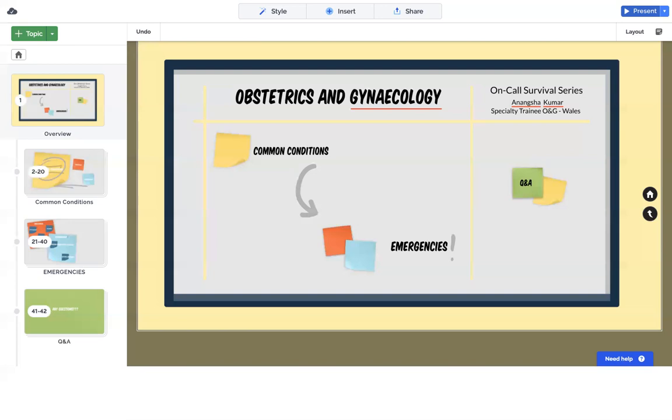Generally, it depends from trust to trust, but in Wales, if there are 3 episodes of decreased fetal movements, we do request an ultrasound scan with an amniotic fluid index and Doppler. If it's within like 2 weeks, because we don't repeat growth scans that frequently. So you can do a growth scan as well, if you have the facilities, the funding and everything. But generally an ultrasound scan with the amniotic fluid index and Doppler should be okay for these ladies with decreased fetal movements,